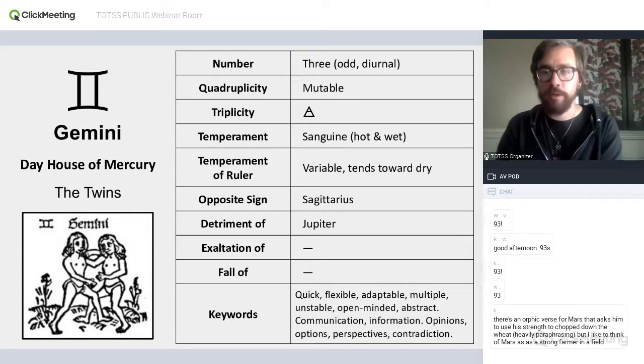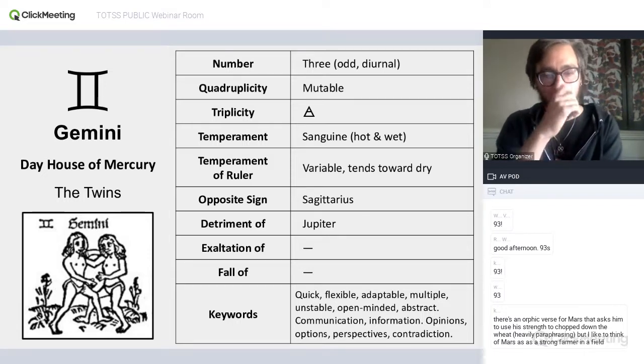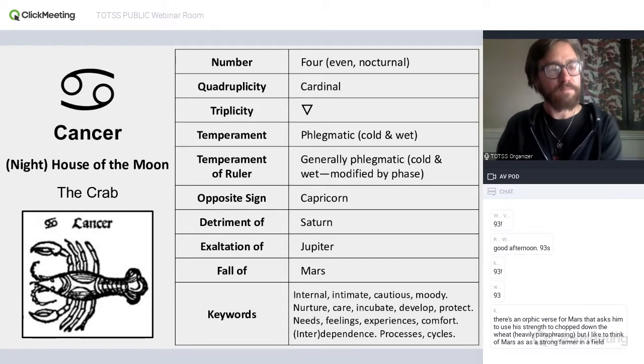Gemini sometimes gets a bad reputation for being hypocritical, but as someone with some strong Gemini placements myself, I like to think of Gemini as contradiction tolerant rather than hypocritical. But you do have that idea of multiplicity and also of variability and changeability. My opinion today may be different than my opinion yesterday and tomorrow. So there's certainly that quality with Gemini. And actually, I have multiple opinions right now that contradict themselves. That's certainly a Gemini sort of thing as well.